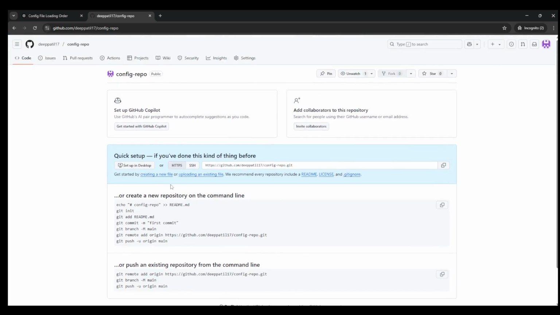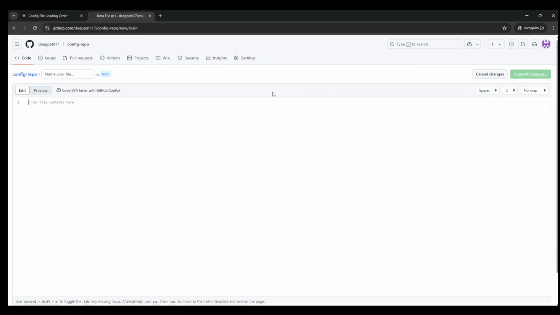Now let us create the config files inside that. So this is the link for creating a new file. We can click on that, and here we can create different configuration files. First we can create our application.yaml. This file will contain the global configuration. So let us set some global configuration inside this, a global message we can set, which is